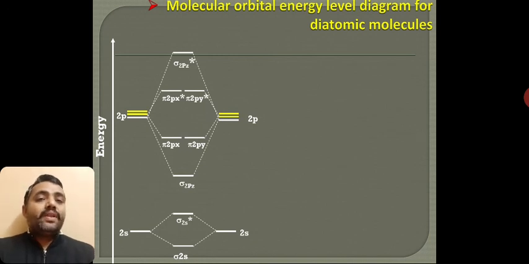As you know, the number of atomic orbitals is equal to the number of molecular orbitals. This diagram you can construct for the H2 molecule. You can take examples from the H2 molecule to the Ne2 molecule, and this detailed discussion is completed at the SYBSc level. But in the next lecture I will discuss homonuclear diatomic molecules in detail: how to draw the diagram, how to fill up electrons, and how to calculate magnetic properties and bond order.